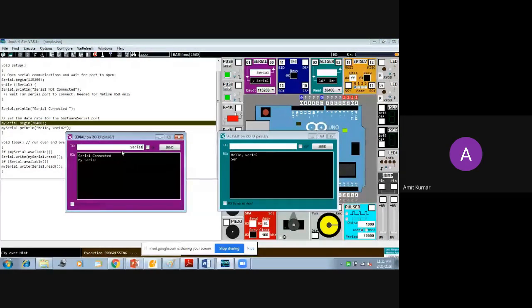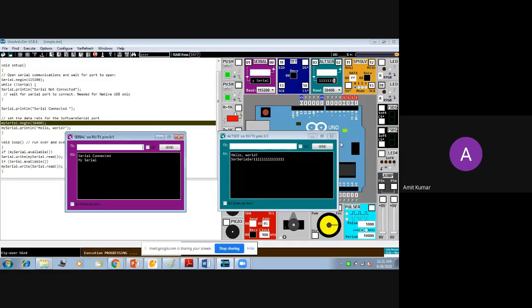So just again, if you want to send, you can send. You can send in this way.